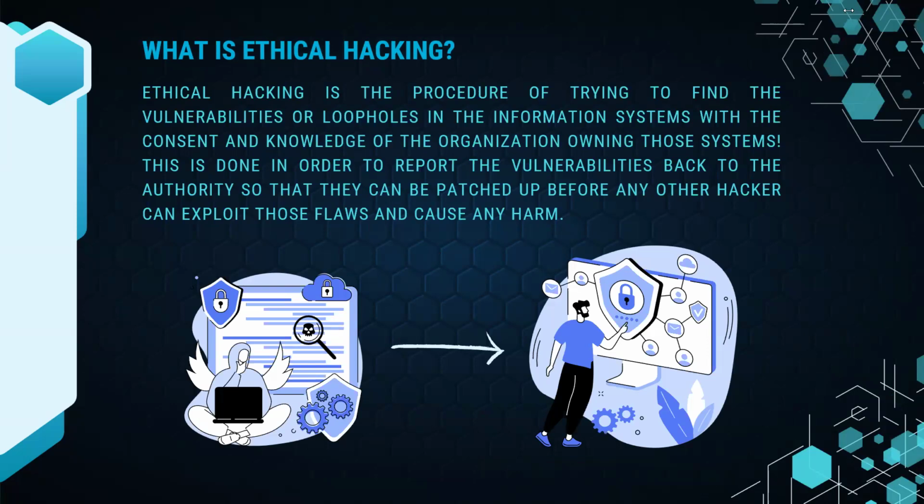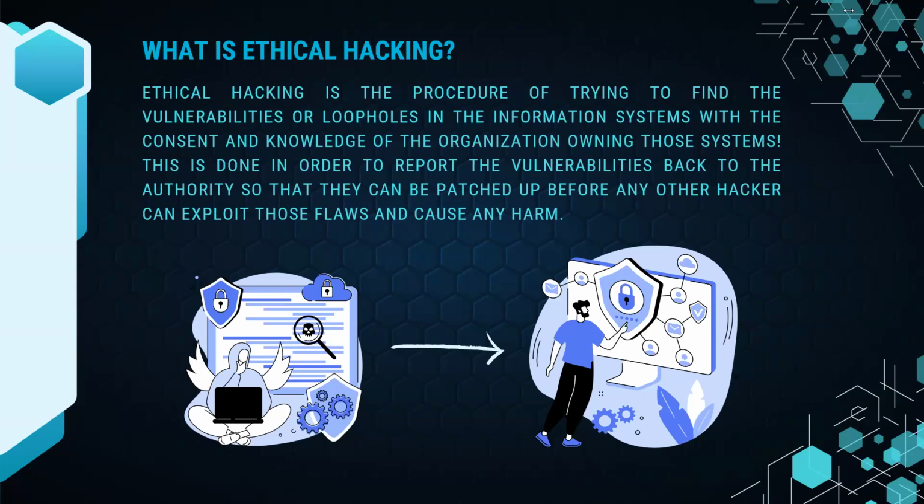And your job as an ethical hacker is to find these vulnerabilities or loopholes in the systems, because these vulnerabilities are what are exploited by the attackers, what are taken advantage of by the attackers to perform an attack. So your job in ethical hacking is to find these vulnerabilities before the hackers do and report it back to the organization so that they can apply the necessary security updates. And once these patches or security updates are applied, you're closing all the pathways for the hacker to cause any further harm. Okay. So with ethical hacking, basically you're trying to protect the organization from so-called cyber threats or from so-called cyber criminals.